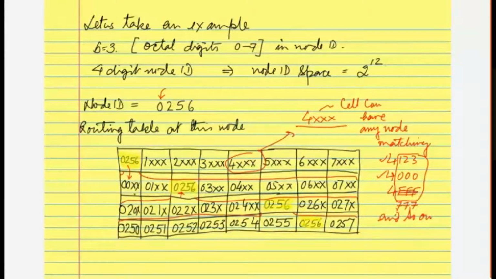So this cell will contain one entry out of the possible 2 raised to the power 6 entries. So 3 bits here and 3 bits, 2 raised to the power 6 possible entries. One of those will be coming here. 01XX and so on. Here 02, it matches. So 0256 I will just put as it is. That's the closest. You have to be closest to yourself. Then 03XX, 04XX. Each one of them represents a block of 2 raised to the power 6 size in the node ID space.